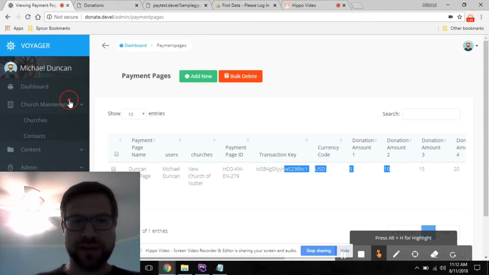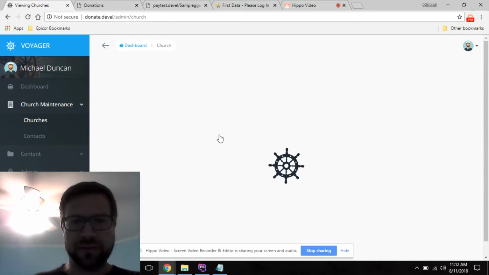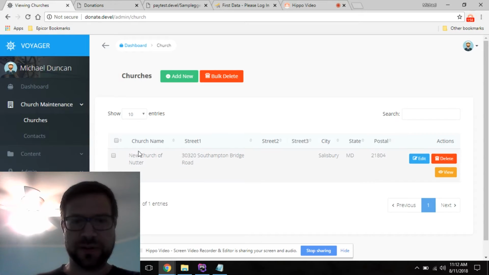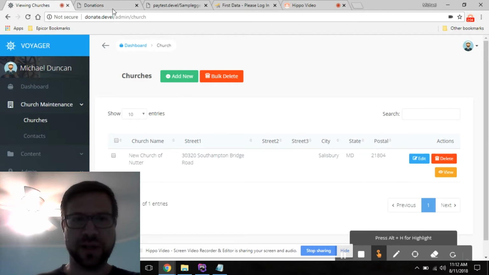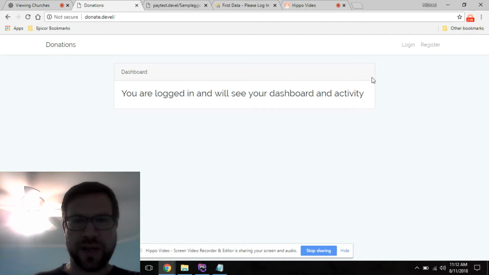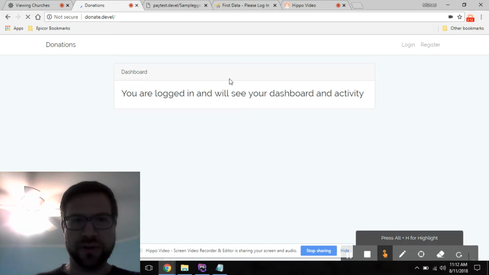From the church side, if we go to the churches, we will actually have the ability to add a church, which is probably what you would expect. So this is just my test church that I'm using. And again, what I would do is have somebody register for an account. Now, how would you actually register for an account? I'm logged in right now, but from, say, the donations page or the home page,